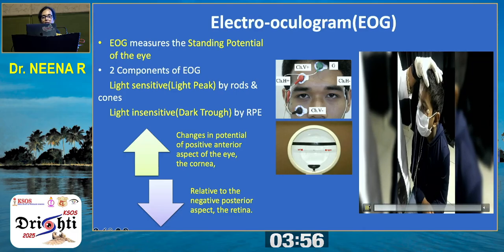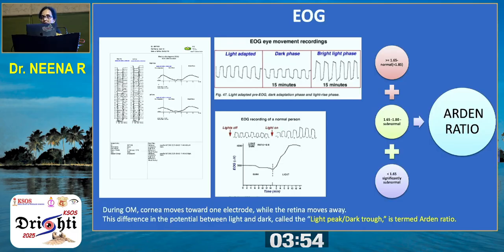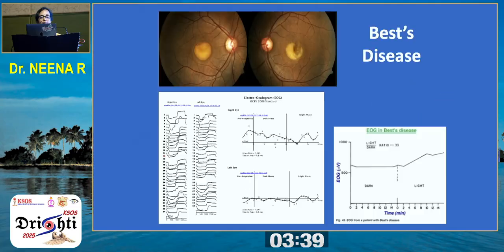this is how it is done. And we are interested in the Arden ratio, or the ratio between the light peak and the dark trough. Generally it's thought that anything which is less than 1.65 is abnormal, and sometimes you have subnormal values. You need to look at the graphs very carefully. This is typically where you do it for Best disease, because you will find that the EOG will be abnormal